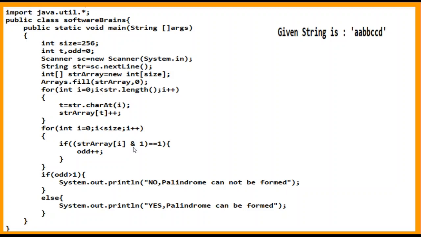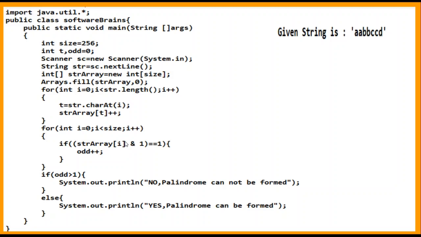Always remember this is the AND operator. We have the logical AND and the normal AND, so double AND and single AND. What would single AND be checking? Both sides, your LHS part and RHS part. That means even if the LHS, the left hand side value, becomes false, it would also check the second value. Whereas double AND, that is logical AND, would not check the right part. If the left side value becomes false, then it won't go for the right side. That is the difference from single AND.